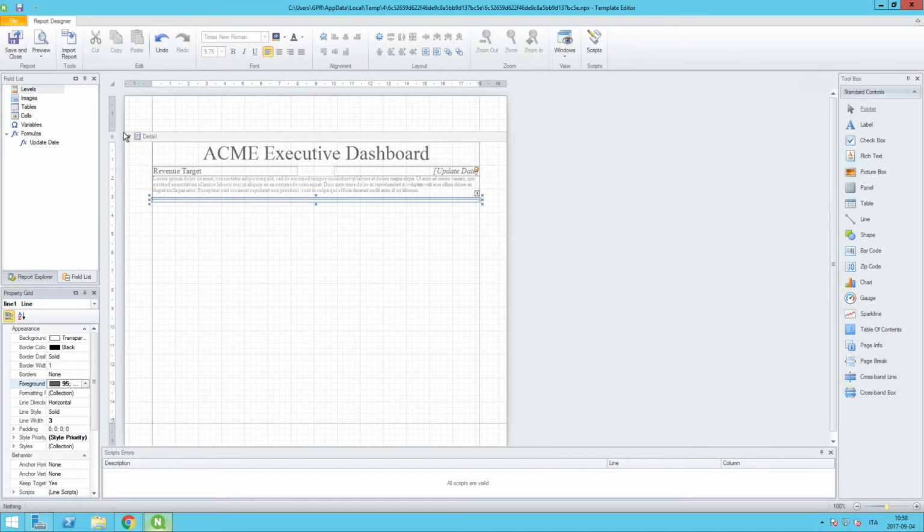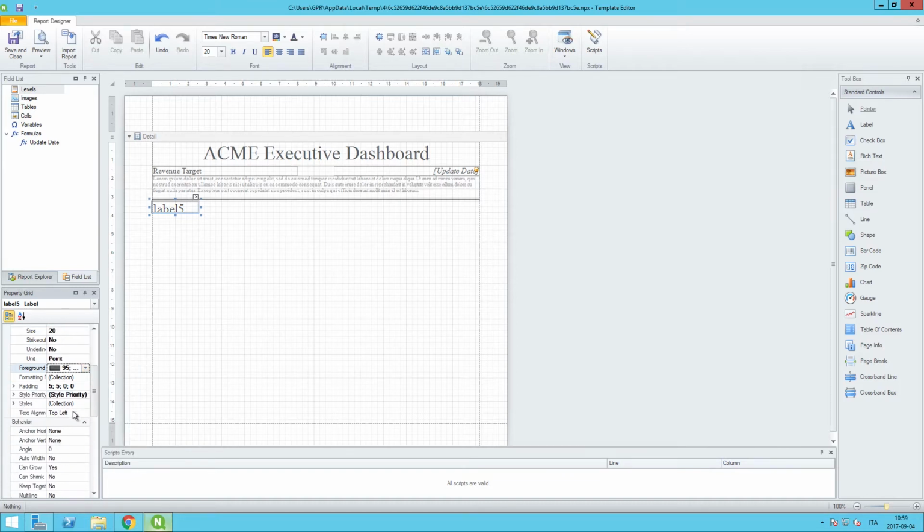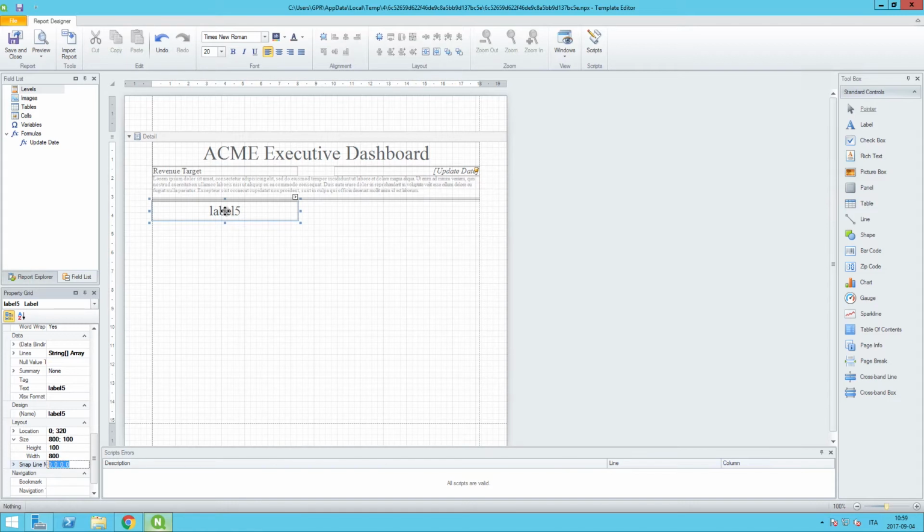From here, we can start to put in a couple more labels and formulas that we will use inside the report. So I'll start by dragging in a new label here. We'll change the font size of this to 20. The foreground color, once again, let's use our custom color. The text alignment here will be middle center, and we just want to change the size as well. And inside, we're going to call this total